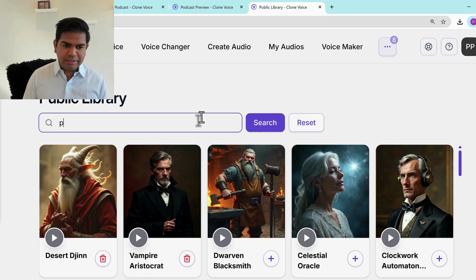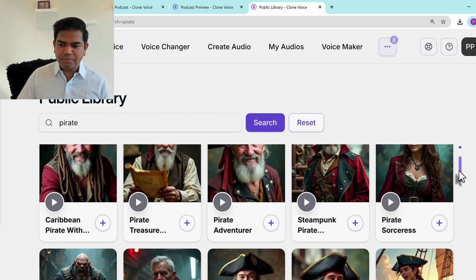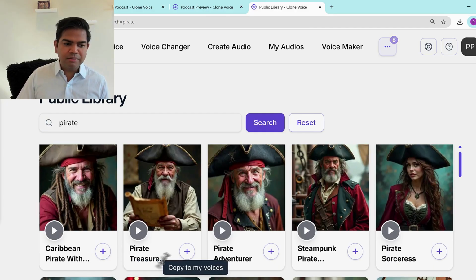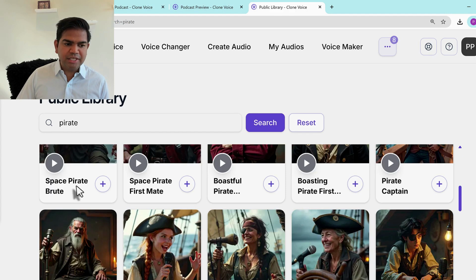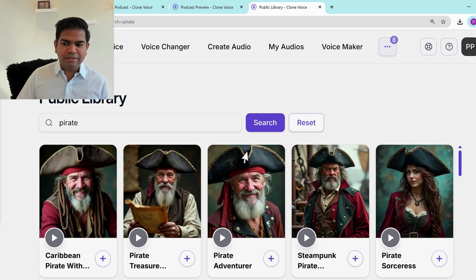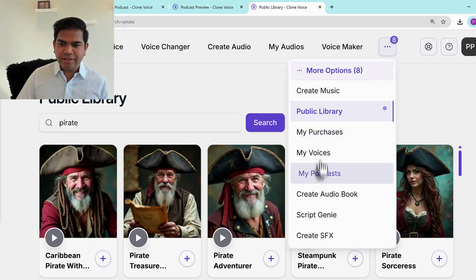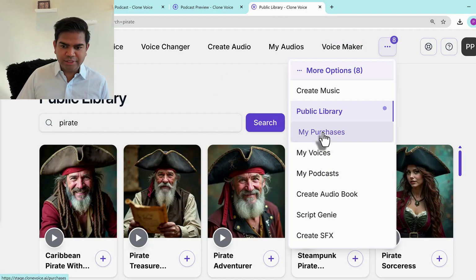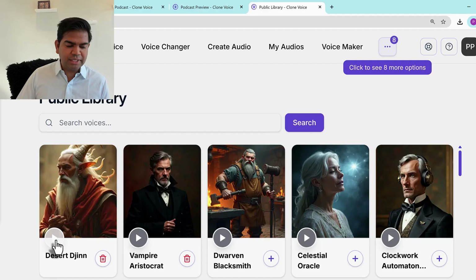So you could type in, say, a pirate, and just get tons and tons of pirate options. See, pirate sorceress, Caribbean pirate, right? Pirate treasure adventure. You see, space pirate, older pirate, all that kind of stuff, right? And it comes with over 7,000 different choices that you can pick from. Okay, so again, these are very unique voices too. So let me show you this one, for example,